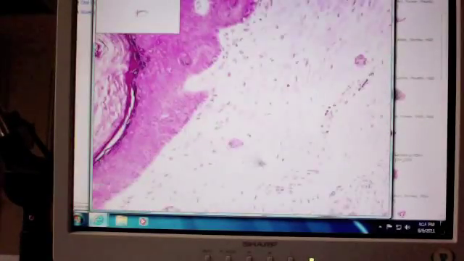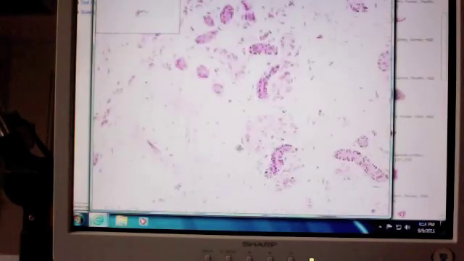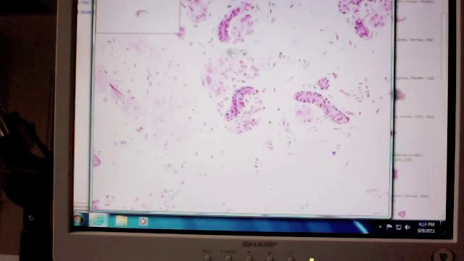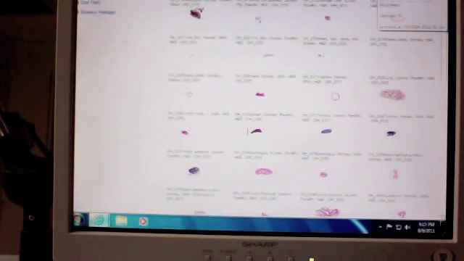Now remember, depending on how we fix these, they're going to look slightly different. So this is a great example where you can actually see very nicely the two secretory portions, a very, very thin section through this tissue, so it's quite pale staining. But then